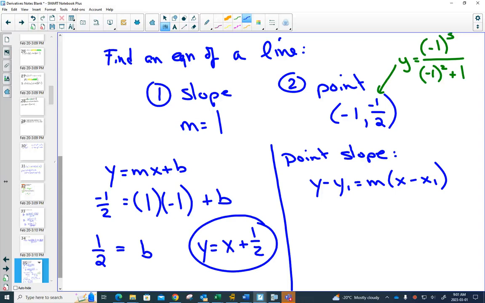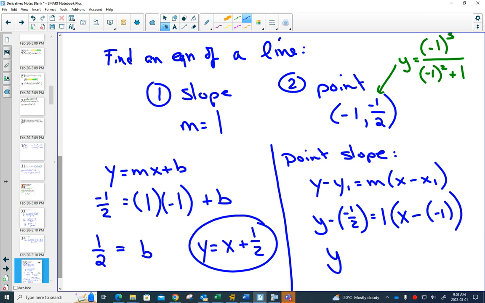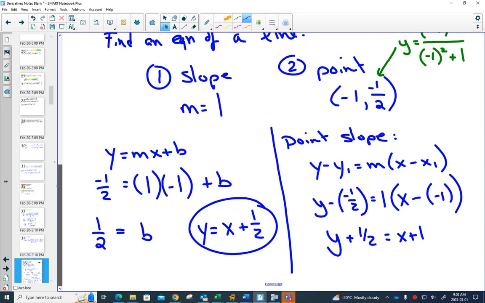So I could solve this by saying my y value was -1/2, my slope was 1, my x value is -1. Subtract that 1/2 on both sides, and you get the same thing. Just different forms. Technically,